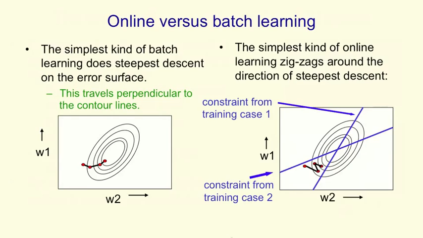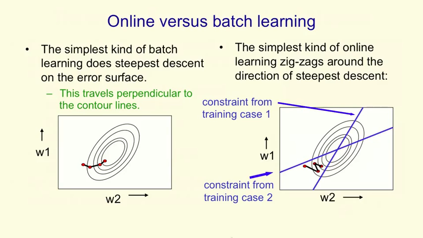Using this error surface, we can get a picture of what's happening as we do gradient descent learning using the delta rule. What the delta rule does is it computes the derivative of the error with respect to the weights. And if you change the weights in proportion to that derivative, that's equivalent to doing steepest descent on the error surface. To put it another way, if we look at the error surface from above, we get elliptical contour lines, and the delta rule is going to take us at right angles to those elliptical contour lines, as shown